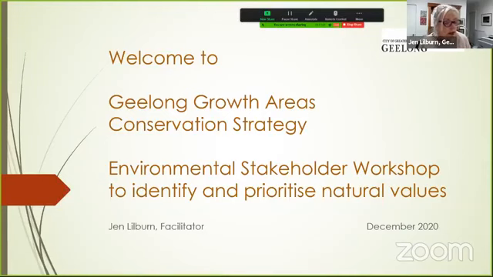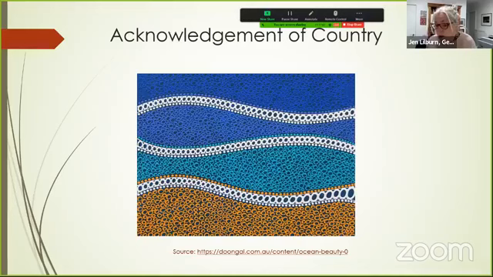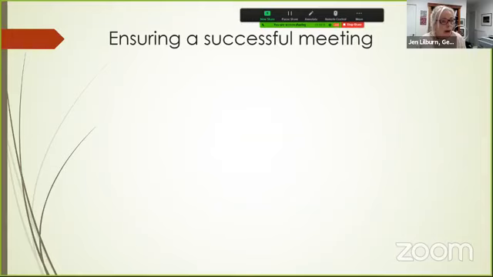Okay, so let's get into it. This is the PowerPoint that I started the workshop with, and in Australia we acknowledge country. We acknowledge the fact that there are traditional owners, the Aboriginal people, and we always acknowledge what land we're meeting on. So in my case, I'm on Wadawurrung country, which occupies maybe 15% of Victoria.